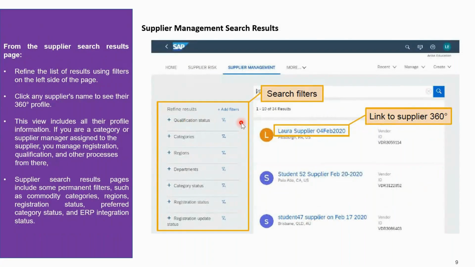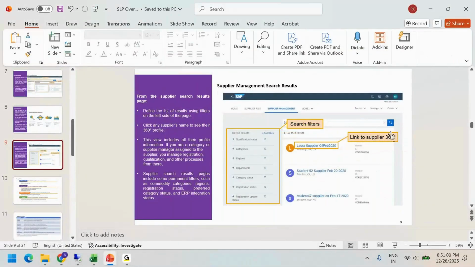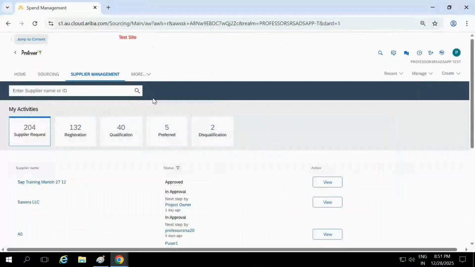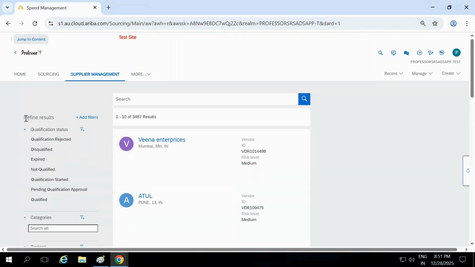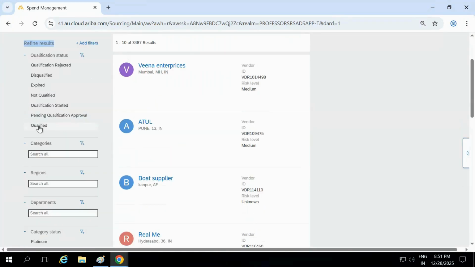Coming more to the search filter, let me show you on the screen itself. Okay, so let's get started. To search any vendor, either you type a name or simply click on search. This will give all the results. You can add filters, basically the qualification status. It's just like the filters you might have seen in a different e-commerce portal, you can just think of it, right? So what is the category, like commodity codes, the regions,